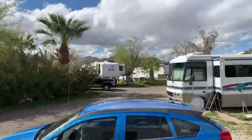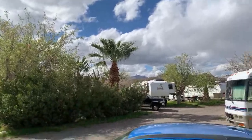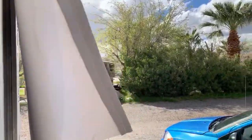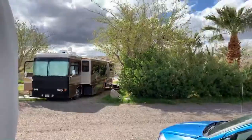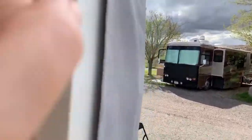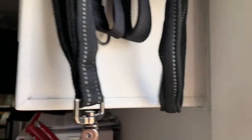Oh yeah, we have a lot of hiking. Hold on, I'll show you guys. There's so many places you can go out here. As you can see, we've got the big mountains right here. I don't know if you guys can see it, there's the river. If we go right up the road over this way on the other side of the RV, there is the bridge that takes you into Nevada. If you go across into Nevada,